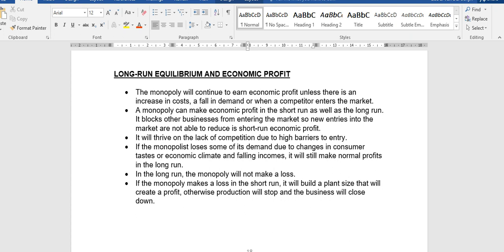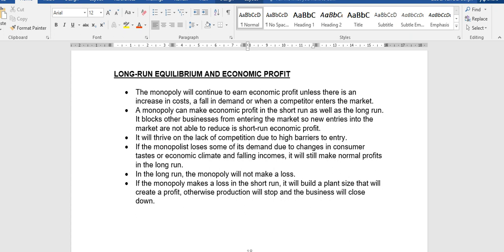All right, but because this is a monopoly, we know that entry is blocked. All right, there's barriers to entry, whether it's natural barriers, whether it's artificial barriers. There's barriers to entry that completely blocks entry into this market. So it is impossible for any new competitor to enter this market unless the barriers to entry is being removed. And if that happens, it will no longer be a monopoly. All right. So entry and exit, it's blocked. Entry into this market is blocked completely by barriers to entry. So no new entries into the market is possible.